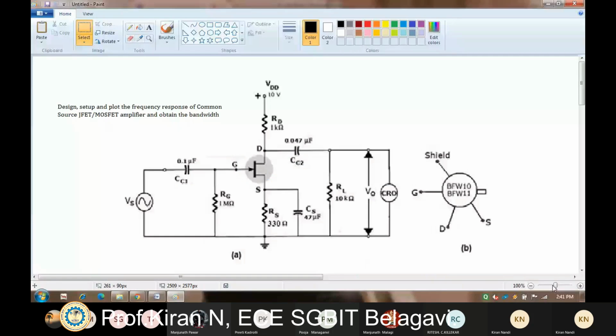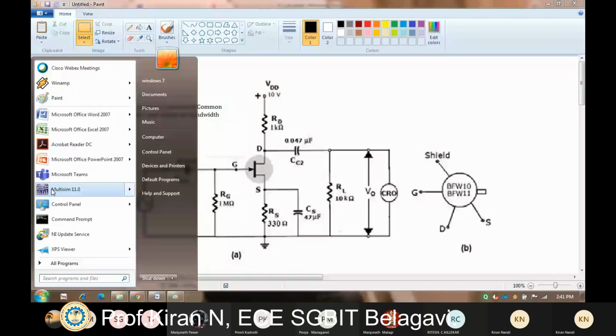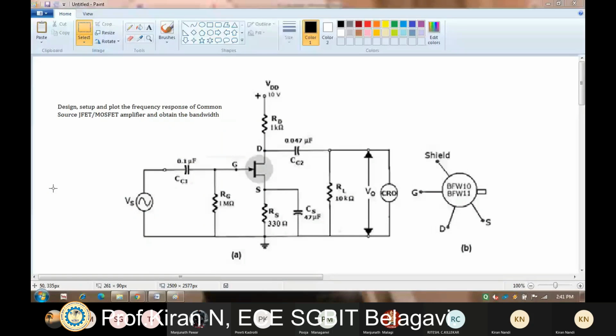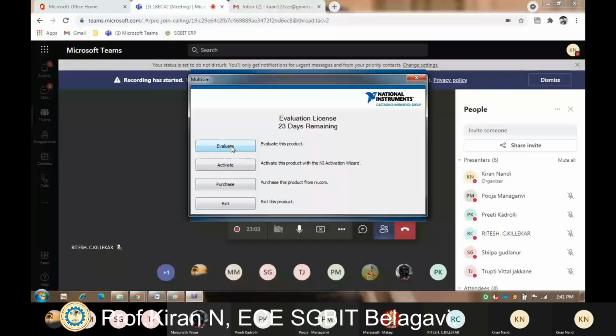I shall start up with the tool here. So for this we have to install the Multisim tool. And once we install the Multisim tool, we'll be getting this kind of dialog box. It's a pirated version. It is even available on the net. You can download this, or if you are free, you can come to me and take this software from me.